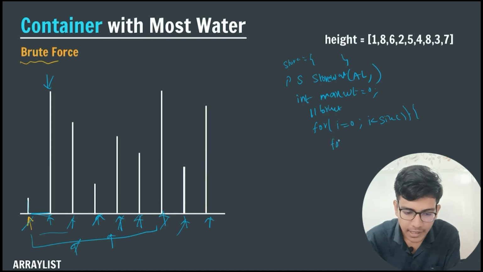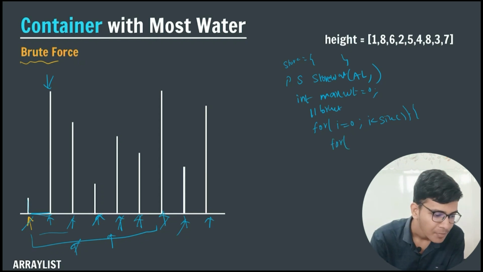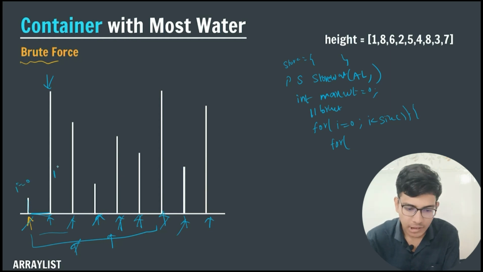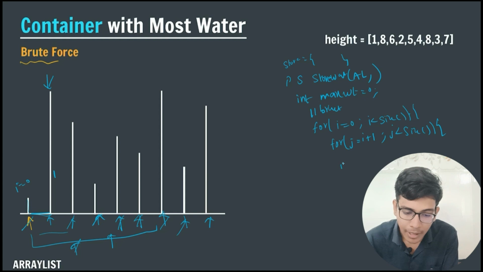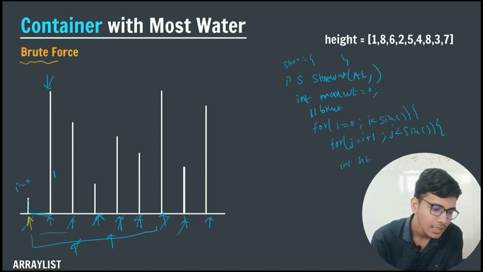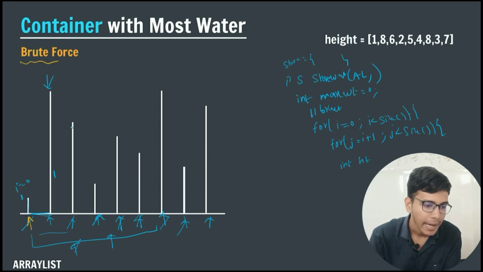So for my next iterator, you can see that when i is equal to 0, my next iterator is 1. That is, j is equal to i plus 1. After that, the same thing will go up to the size of my array list. In this, what am I going to do? I am going to take my height. So can you observe one thing, that my height here, let us consider this is 1 and this is 8,